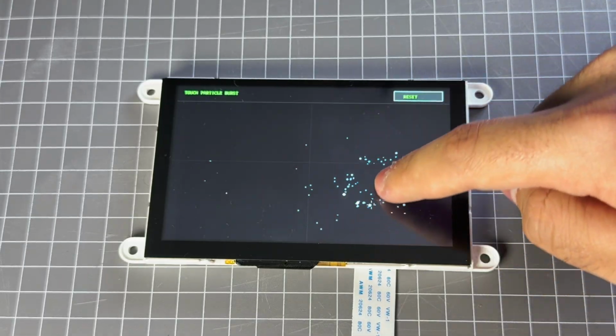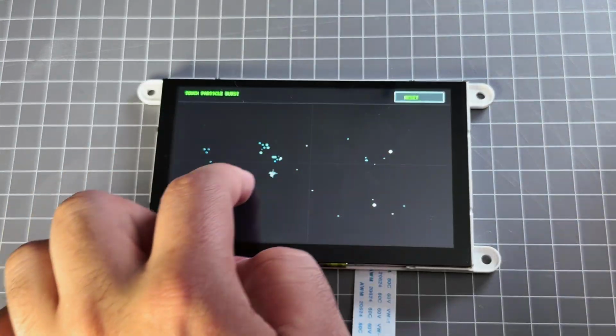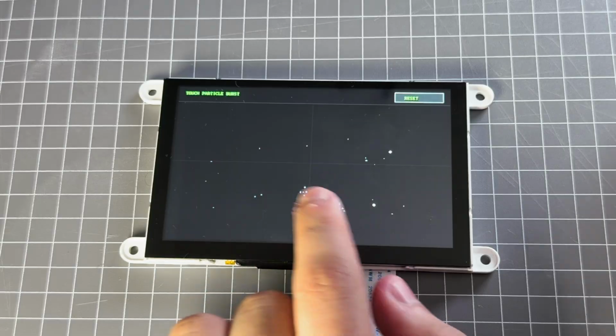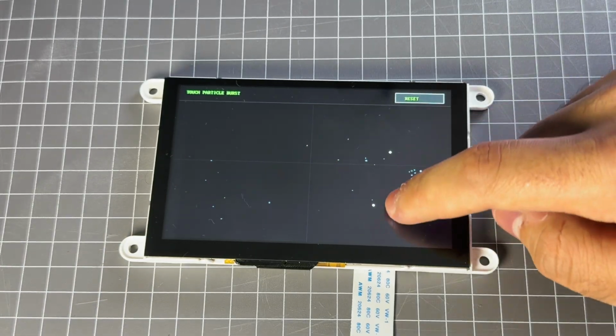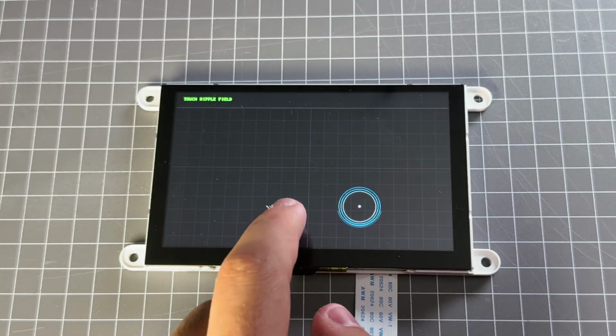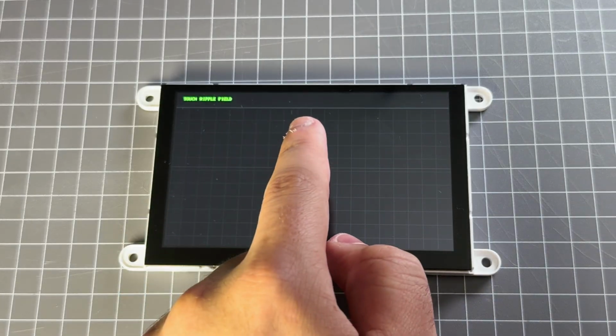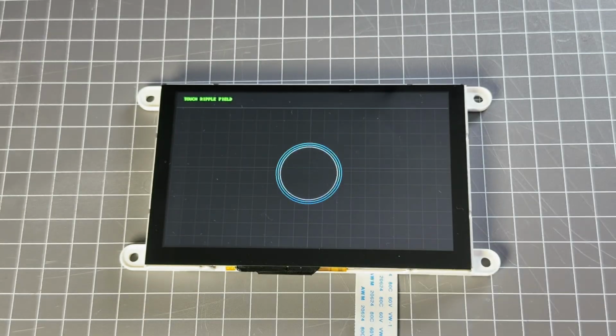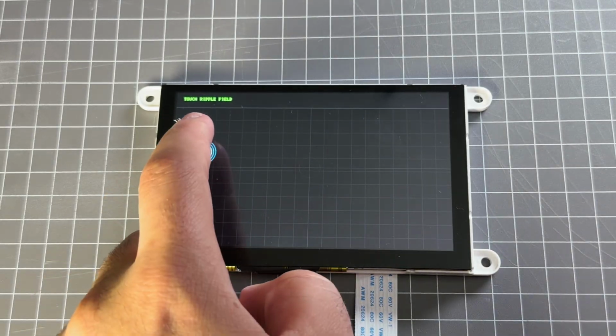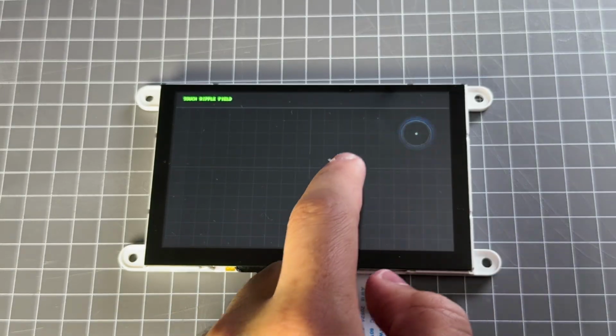So overall, this project is a great example of how you can take simple shape drawing and turn it into something fully interactive. We're still using the same basic graphic functions, but now we're combining them with touch input, arrays, and structured updates to create something much more dynamic. And once you understand this structure, you can start building your own interactive interfaces, visual effects, or even full UI